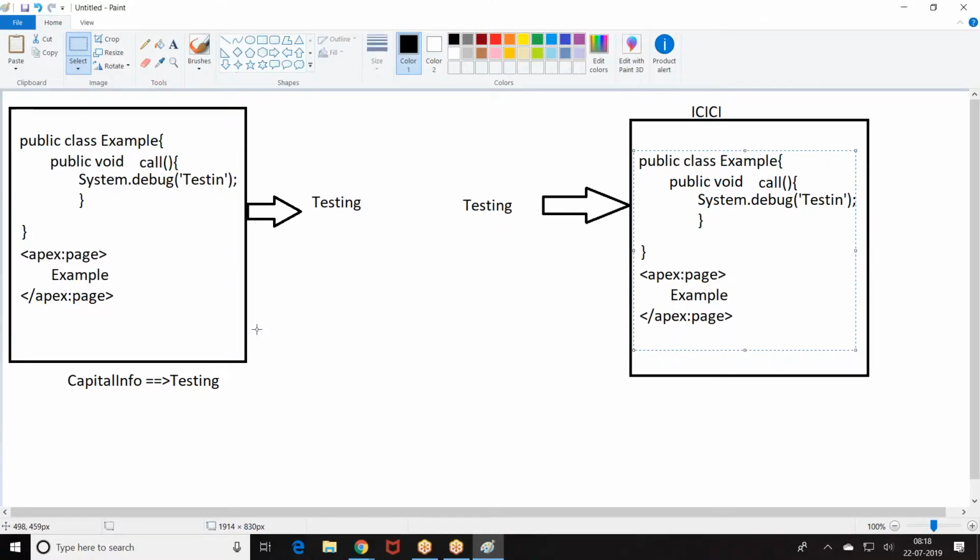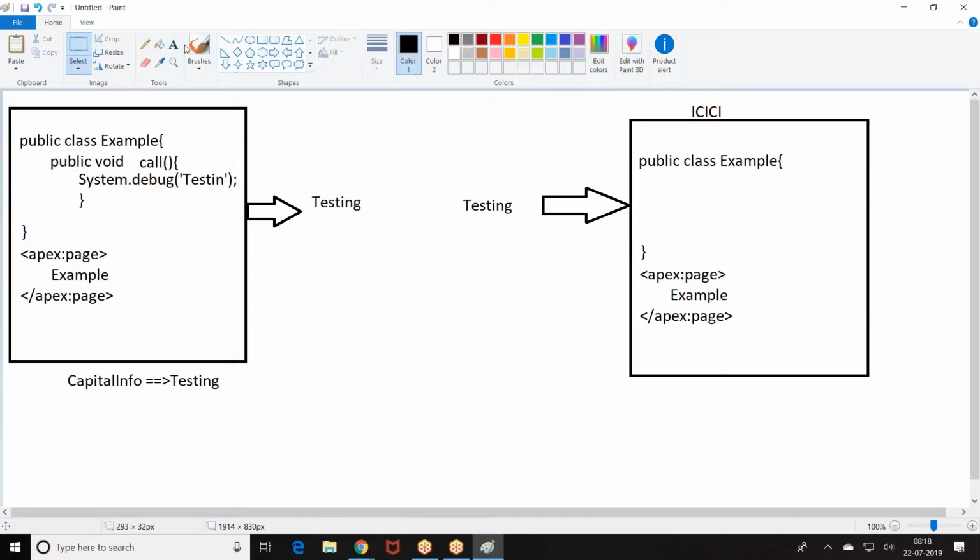When you install the package, all the elements which are there in the package are installed and they are able to see each and every element in the package. When they are able to see every element and every code, ICICI Bank started modifying this code. They told, boss, I don't want this.